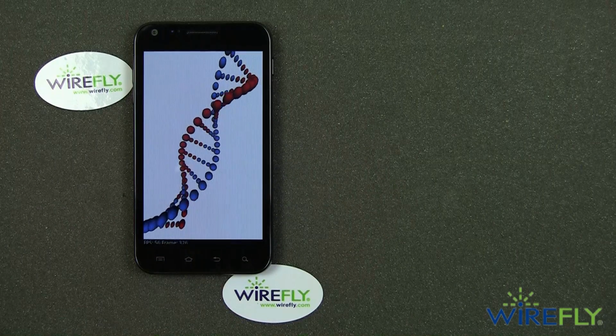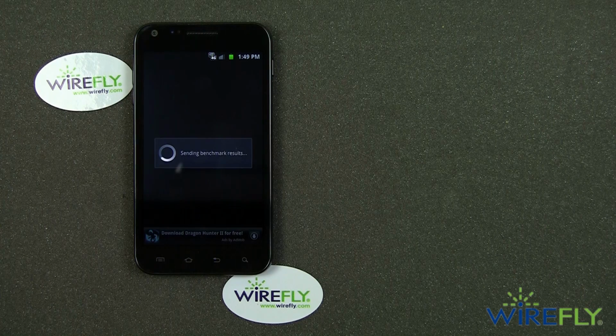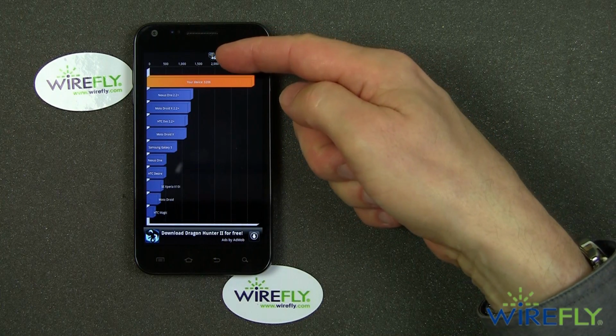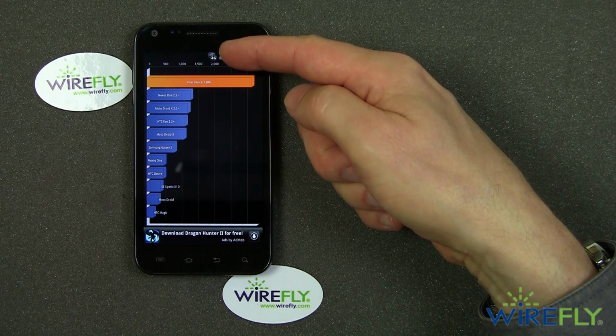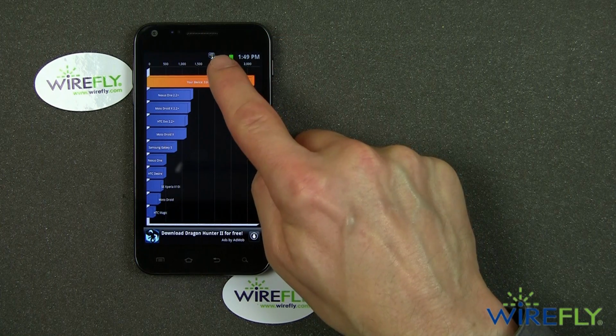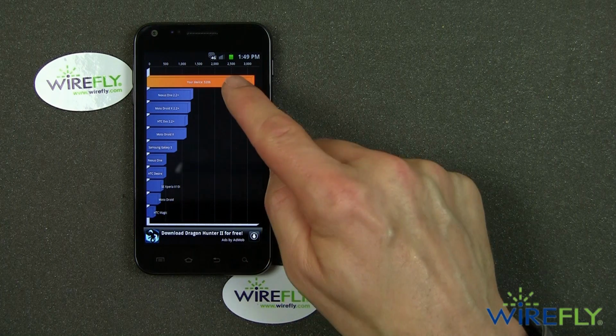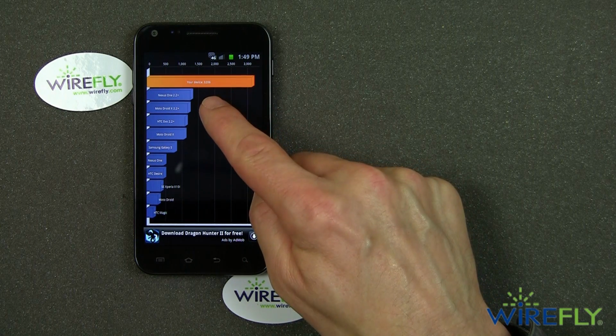Okay, this is the last of the 3D graphics tests that are part of Quadrant. Of course, I want to get the results. You can see I've got 4G lit up there. Now, when this phone goes to sleep and it doesn't need to get the 4G bandwidth, you'll see little Z's there by the 4G symbol to indicate that it's fallen asleep. That's kind of cute. Okay, very small print. Don't know if you can read that, but it's